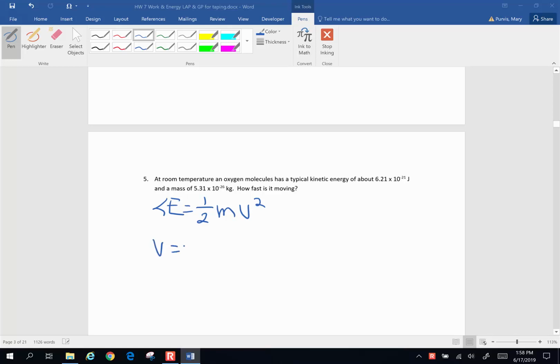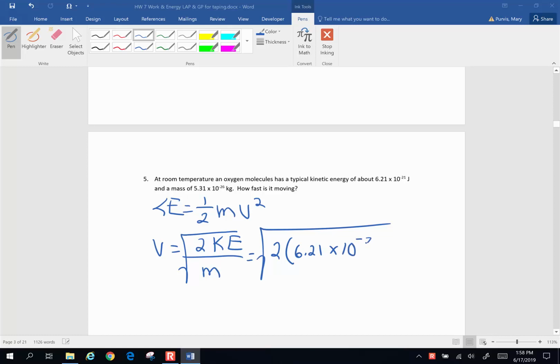So velocity is going to be equal to the square root of 2 times kinetic energy divided by mass, the whole ball of wax. So we're going to take a look at this. 2 times the kinetic energy, 6.21 times 10 to the negative 21 joules, divided by the mass of our oxygen molecule, 5.31 times 10 to the negative 26 kilograms, square root the entire ball of wax, and let's see what we